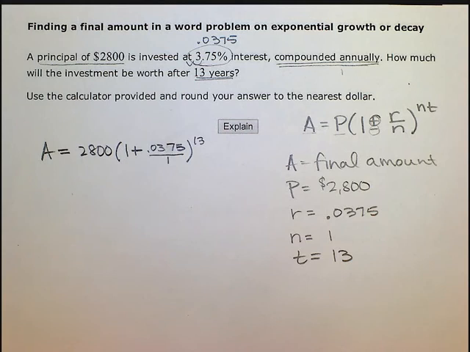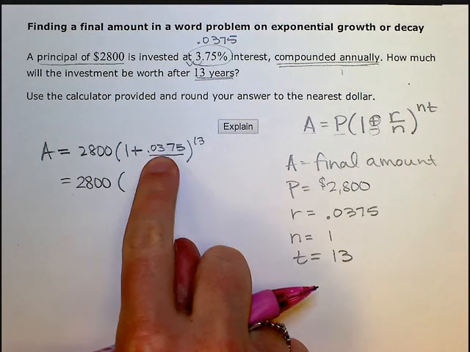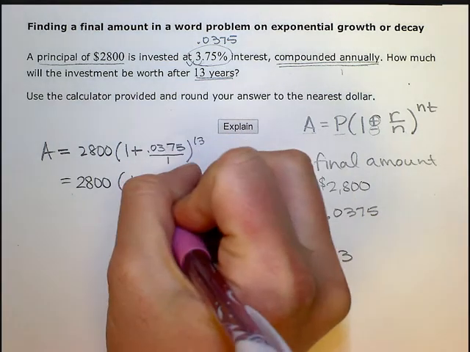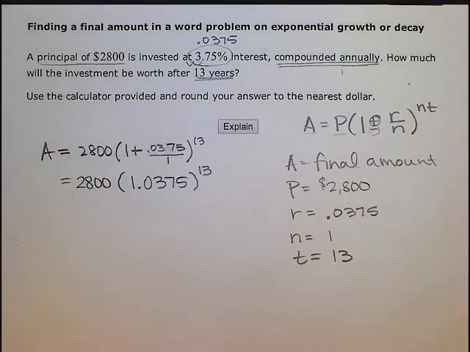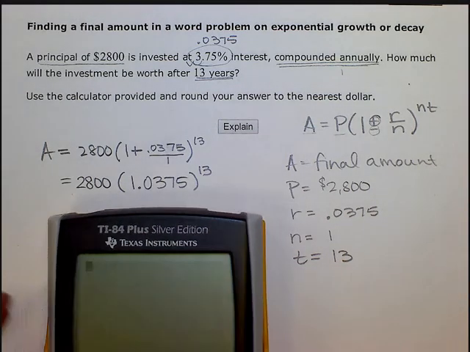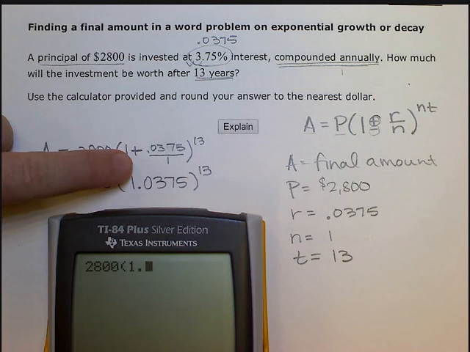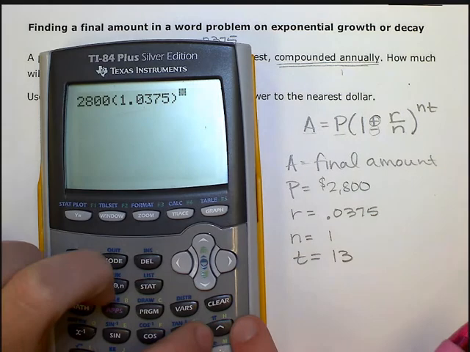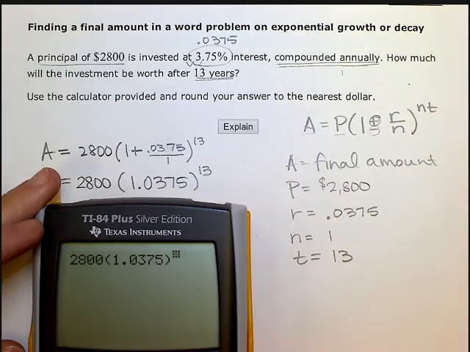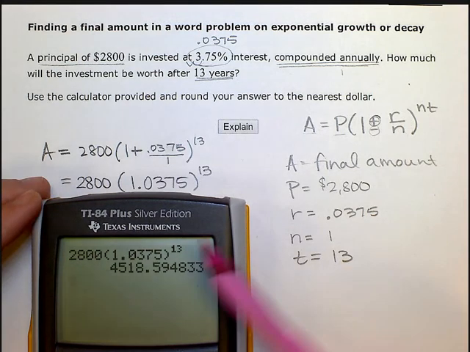Okay? So now let's just simplify this a little bit before we use our calculator. So I'm going to have 1 plus 0.0375, which is really just this. You can check that on your calculator. Raised to the 13th power. Now I don't have an Alex calculator in front of me, but you can use any old graphing calculator. So here's mine. I'm going to do $2,800 times, parentheses, 1.0375 raised, that's this button right here to get that exponent with that little caret, raised to the 13th power,